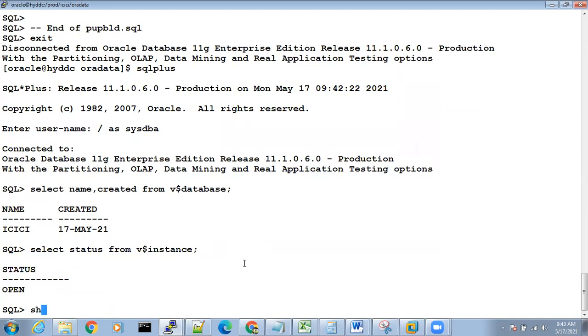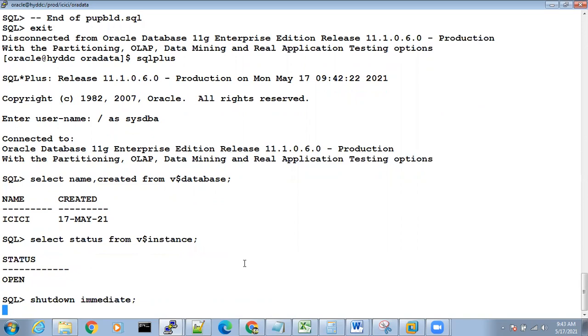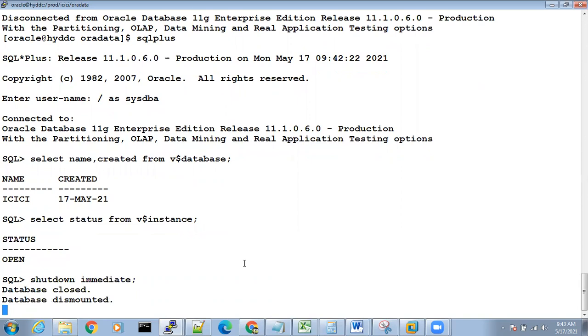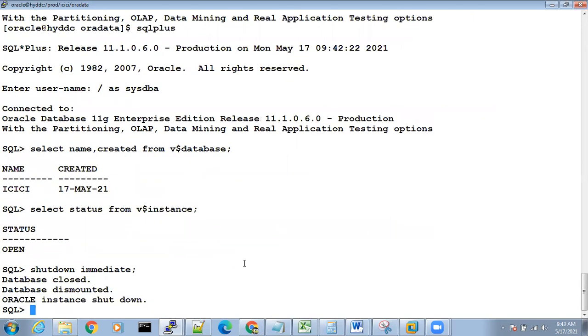And to shut down, what is the command? Shutdown immediate. This is the command. The database will be shut down. And to start a database, that is about...